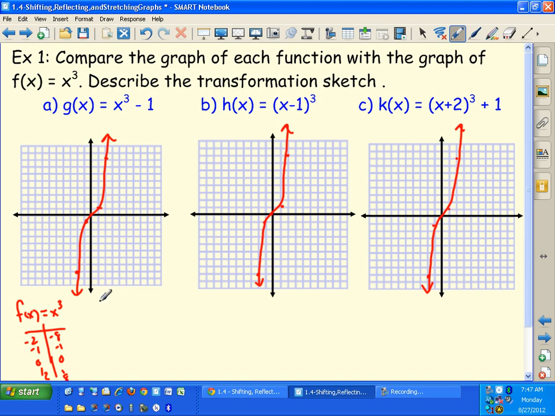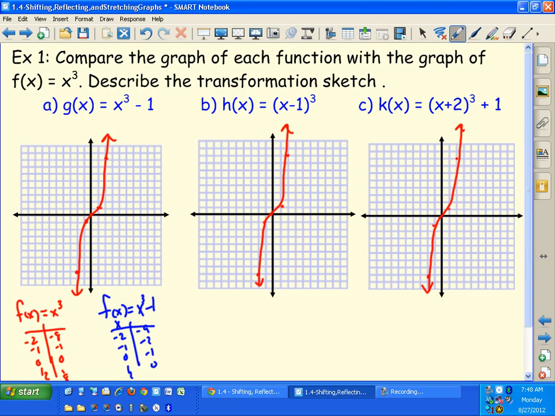x cubed minus 1. Hopefully you can see that all of the values in my y column over here will be moved down 1 unit. And so if I had negative 2, negative 1, 0, 1, and 2, I'll have negative 9, negative 2, negative 1, 0, and